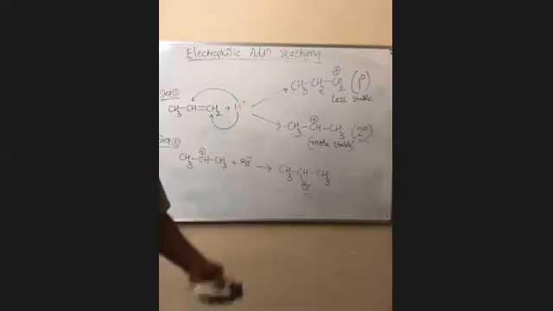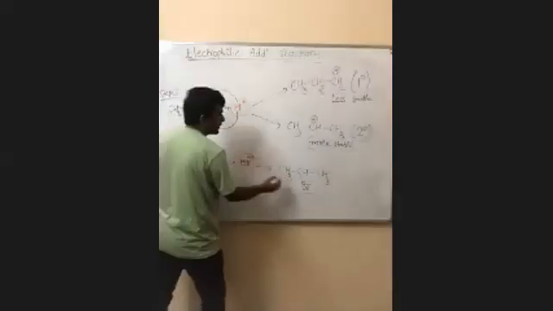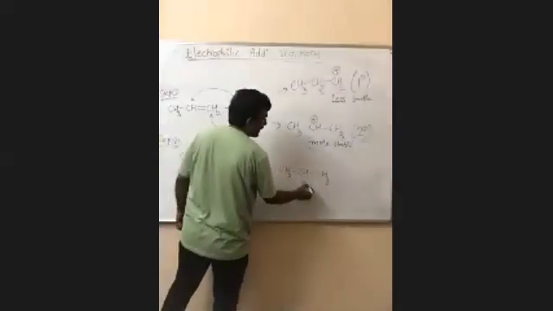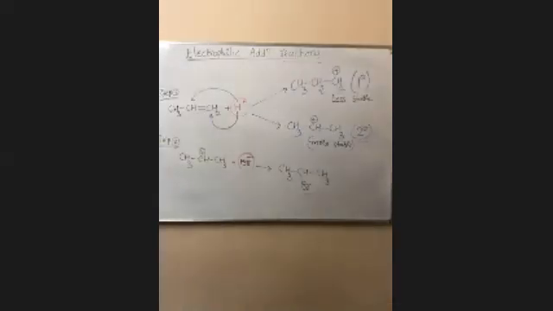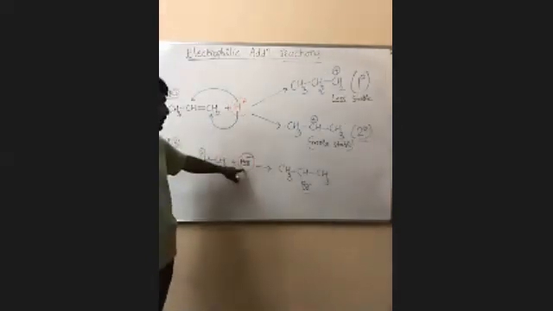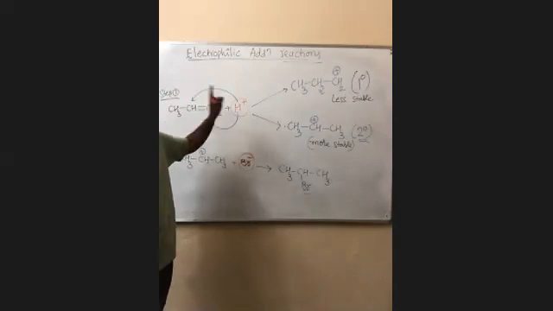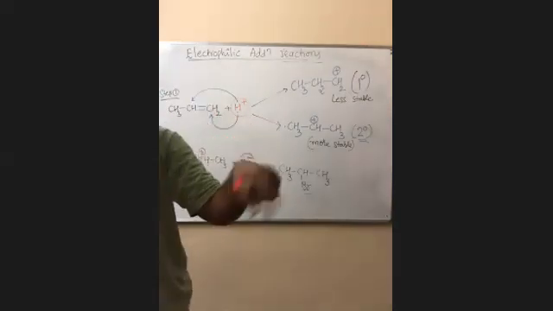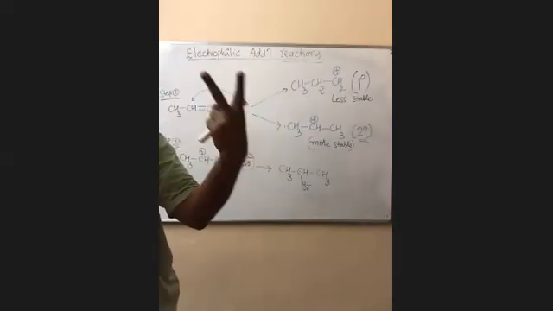Otherwise, with OH you will get alcohol. If it is cyanide, you will get cyanide product like that. Is it clear to you? So you will get the product like that. Here I gave the example of Br only, but there are many addition reactions. I gave one example of Br minus, but this negative part will change. This is fixed: H plus is fixed. Other than H plus, you may have Br, you may have chlorine, you may have OH.